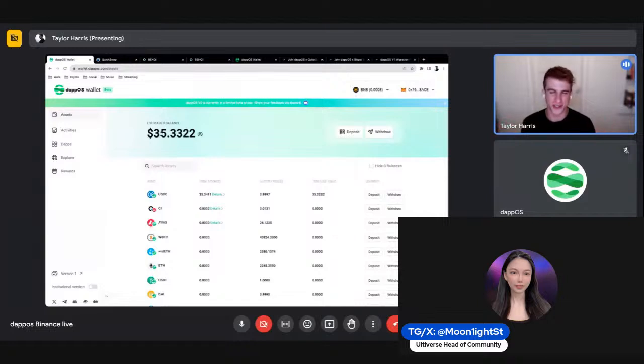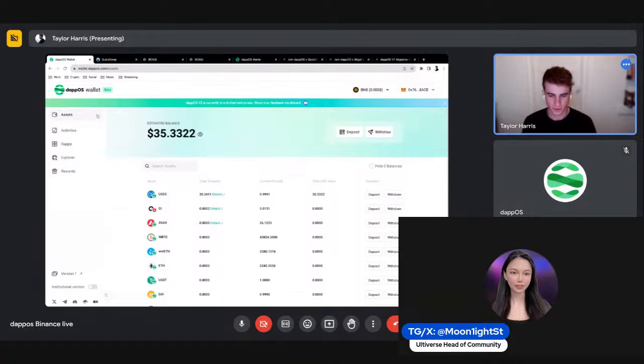Like I mentioned earlier, any collaboration makes sense if your product, your protocol, whatever you're building in Web3 is able to use our wallet. We have that solution, that unified account, where we can help you onboard more users at the same time as you send more traffic to dappOS as well. So it's kind of a win-win at the end of the day. Personally, like I mentioned, I like GameFi. I think that's a smart move. So we'll see in the coming months, as dappOS version 2 continues to roll out, what other collaborations and integrations we come up with.